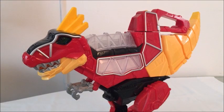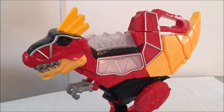Now, my final thoughts on this toy is that it's a really cool toy. This makes up a lot for the T-Rex that we got with the Megazord mode. Of course, Bandai America couldn't pack all the sounds and features into that T-Rex, so instead they just made a better deluxe version of that T-Rex and put all the sounds and the reading charger feature into